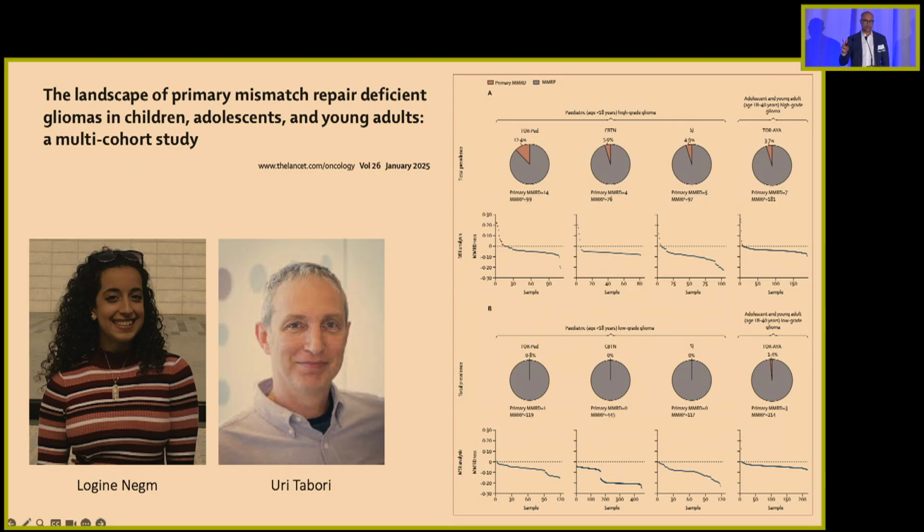So you'll remember mismatch repair deficiency kind of comes in two large flavors. One is congenital mismatch repair deficiency, so Lynch syndrome, something we probably don't see as much. But the other, and this is surprising, is when we looked at our young patients with glioma, almost 8% of their tumors had somatic mismatch repair deficiency. And you'll remember mismatch repair deficiency leads to essentially a hypermutator phenotype. Now, we see hypermutator phenotype after we treat any patients with temozolomide. Those patients are uniformly not responsive to ICI, to immunotherapy.